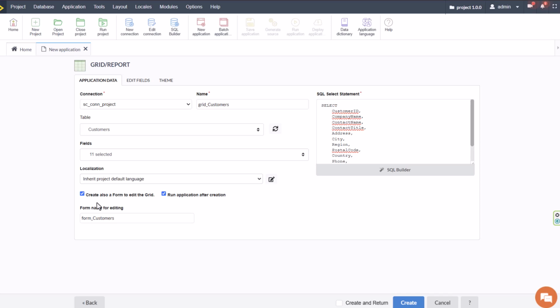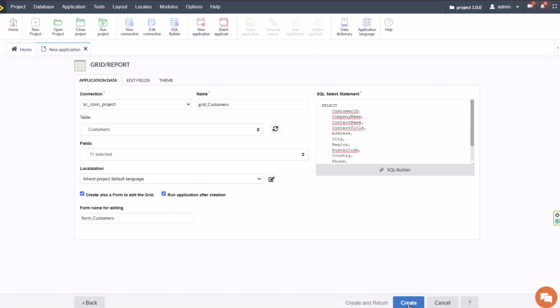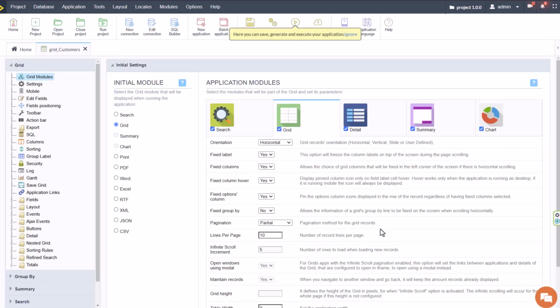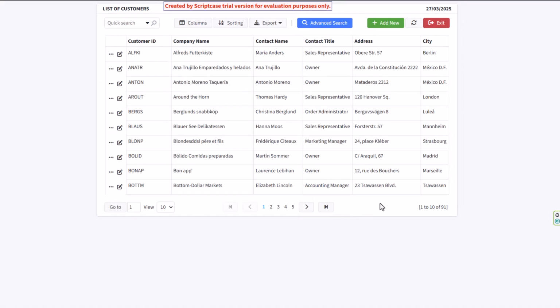I can generate a form to edit this grid data as well as run the application once the generation has completed. Now I have the option here also to set the name for the form that is generated. Now if I uncheck that, that is then gone, and as you see, I also get this option here to hide this message by default if I like. Now I will go ahead and create the grid application, and then we can have a very quick look at the grid application here. And as you see, that will go ahead and generate that for me, and I have